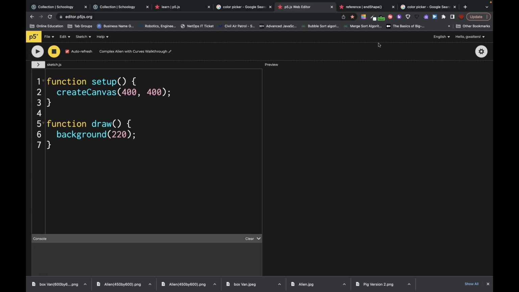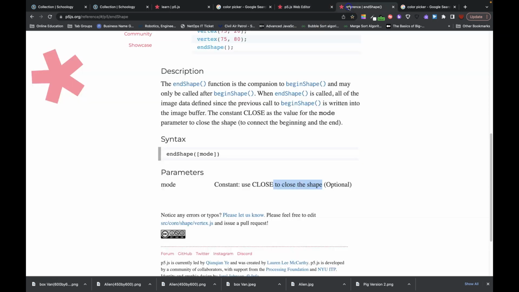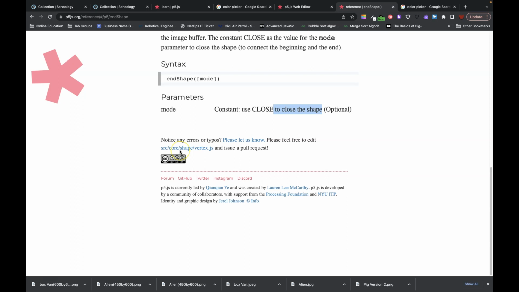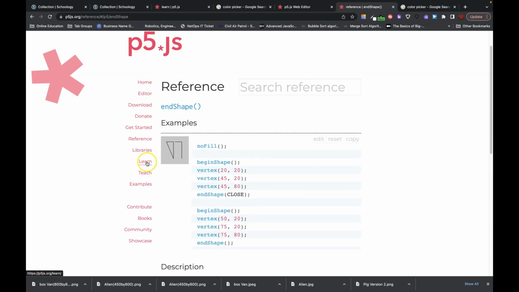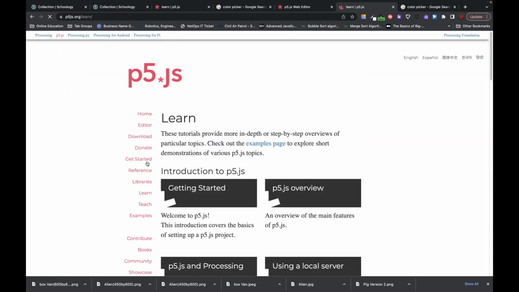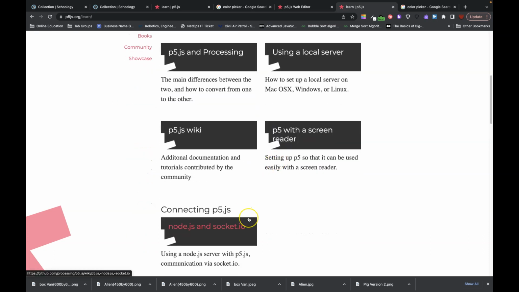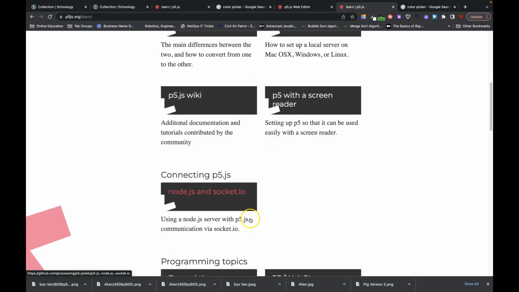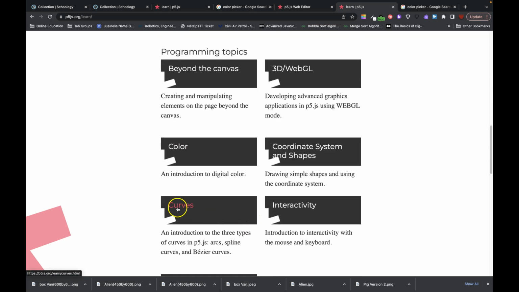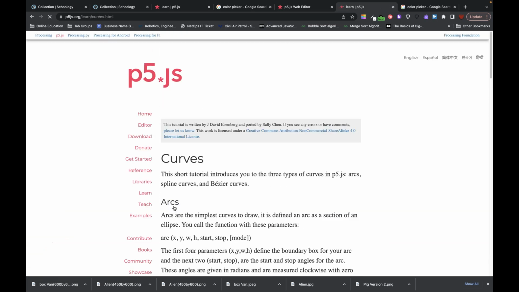Okay, so this next walkthrough is us continuing with the complex shapes, but we want to be able to draw curves. And there's a couple different ways that you can draw curves. So I'm going to go into the reference and look to show you. Now I'm actually going to do it a different way than this, and it really kind of depends on what you're trying to do. But I find the way that I do curves made it a little bit easier